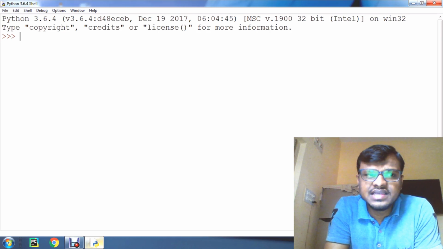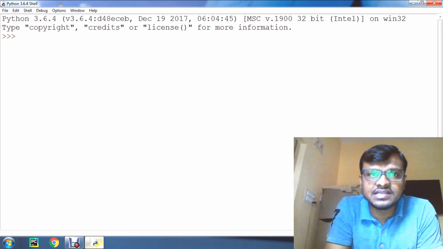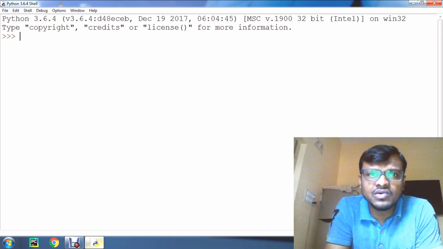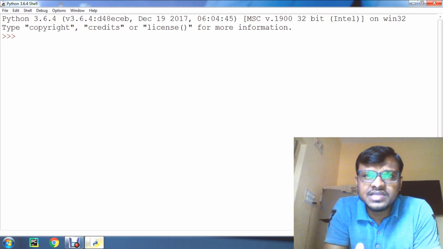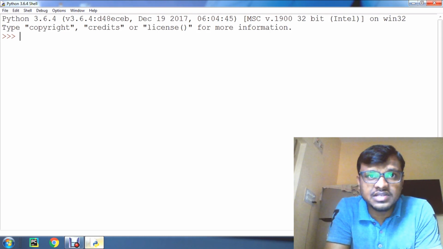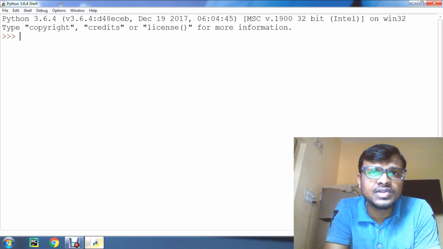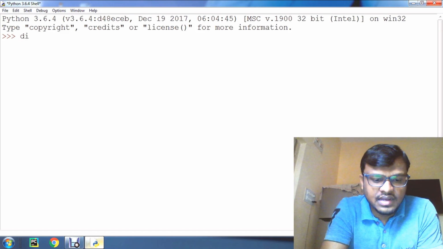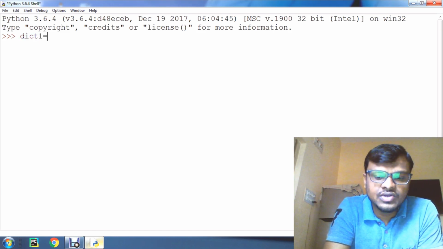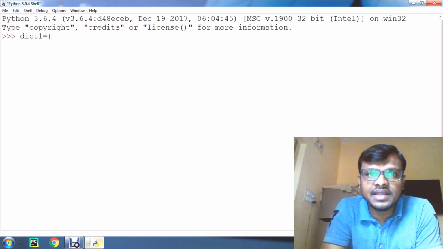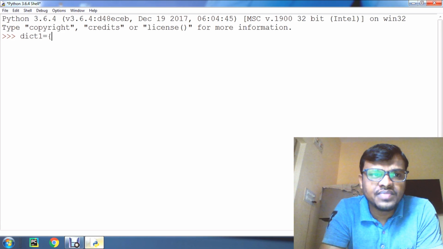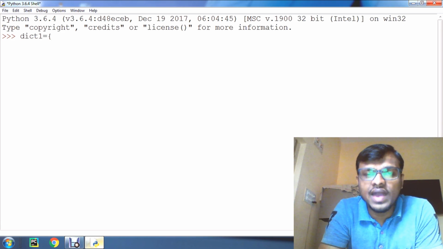Well guys, let us see how we can create dictionaries. To create a dictionary, the items entered are separated by commas, and it should be enclosed in curly braces. For example, let's create dict1 is equal to, using the curly braces, and we should give the keys and values.